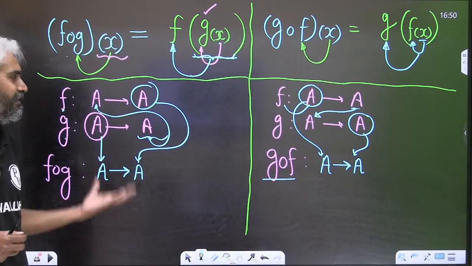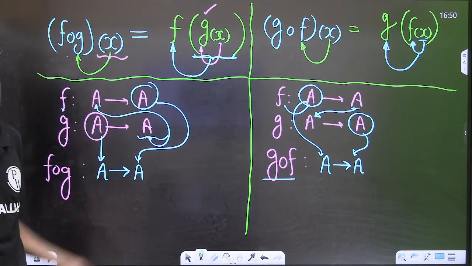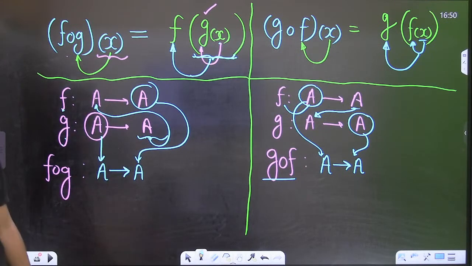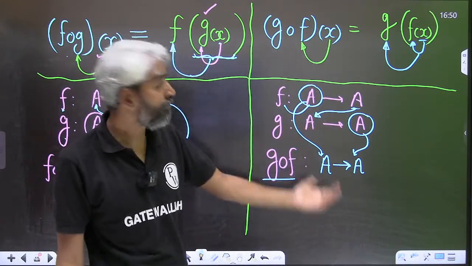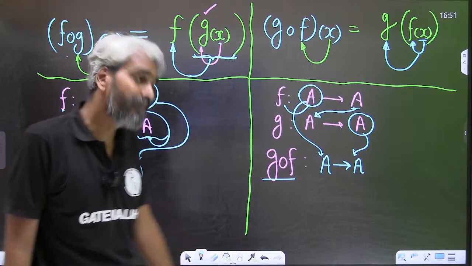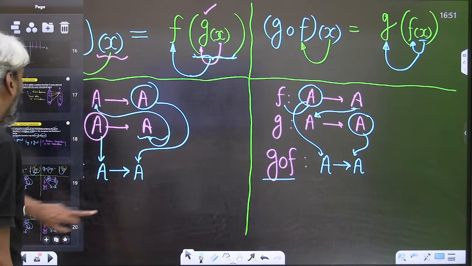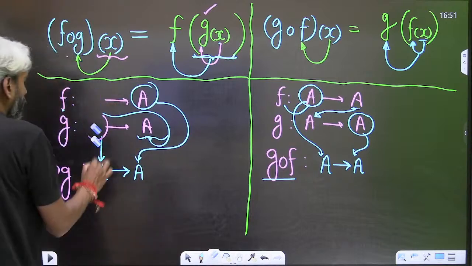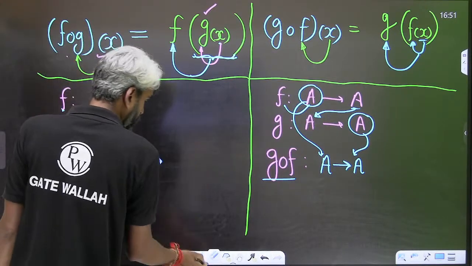Sir, it is silly to discuss that if f is a function from A to A, g is a function from A to A, then f of g will be defined from A to A. If f is a function from A to A, g is a function from A to A, then g of f will also be defined from A to A. What's new? Now, what you need to understand is what if f is a function which is defined from